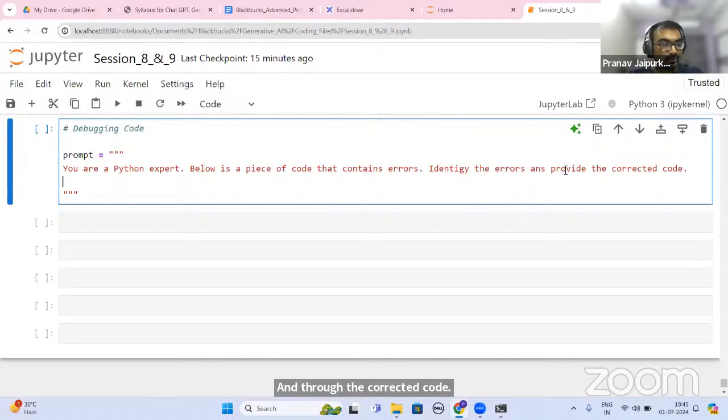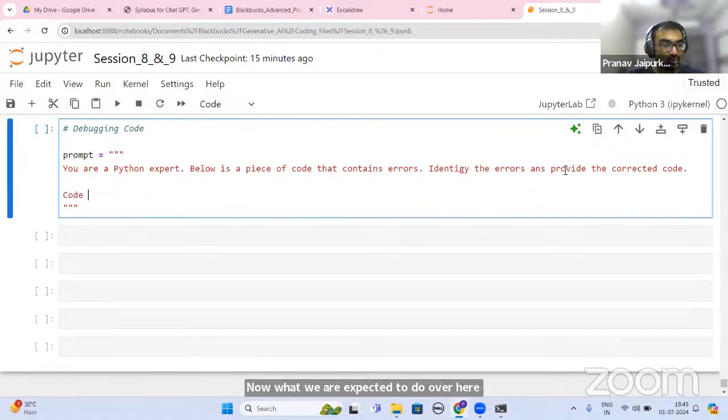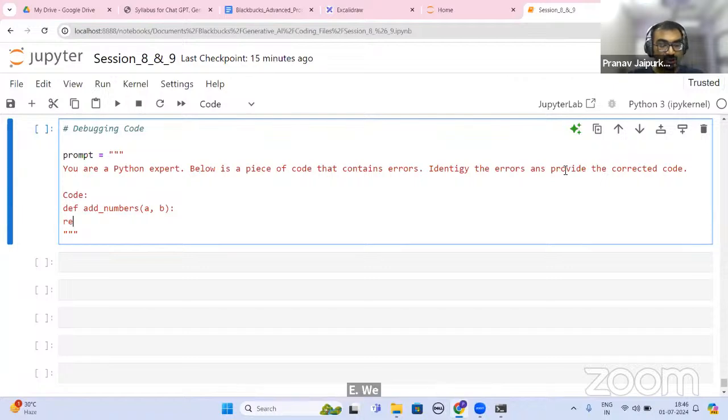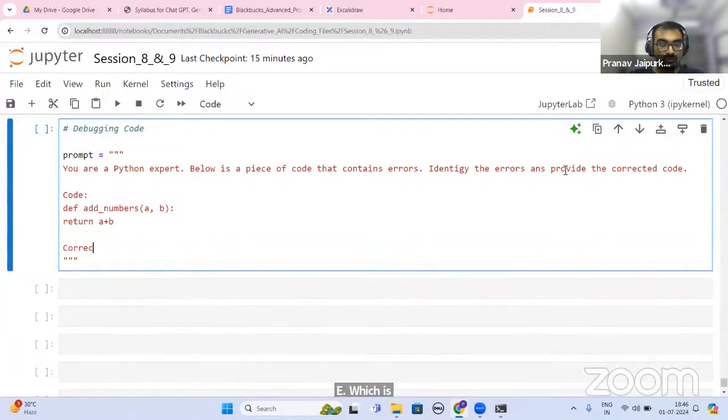Now, what we are expected to do here is that there is code which is def add_numbers(a, b): return a + b. Corrected code,